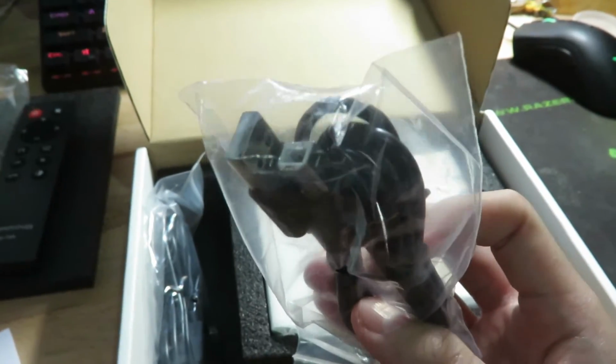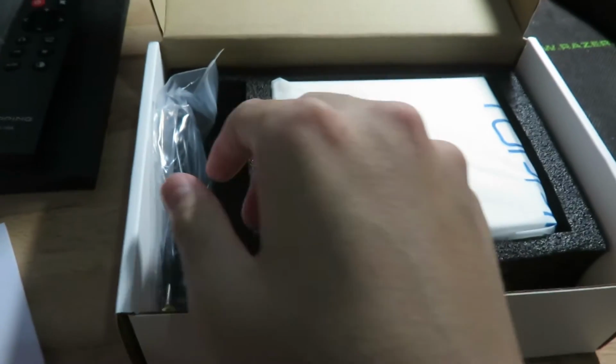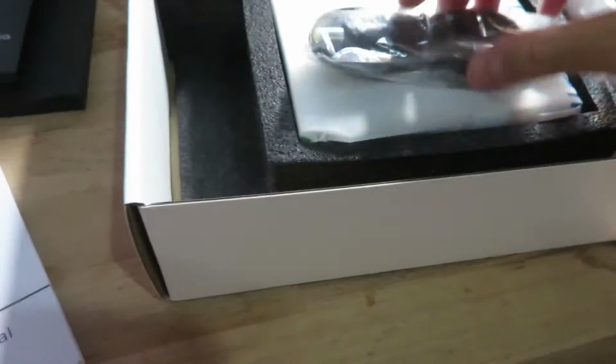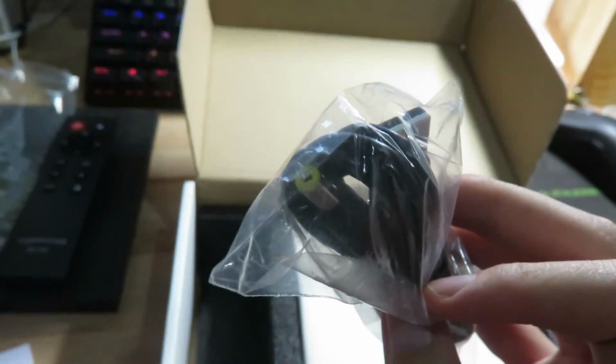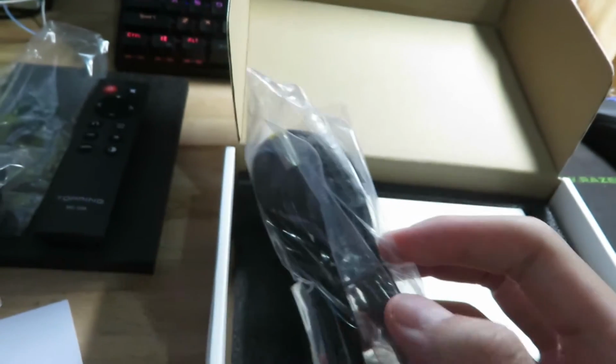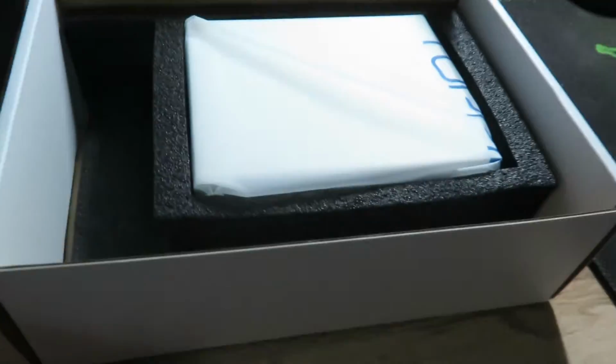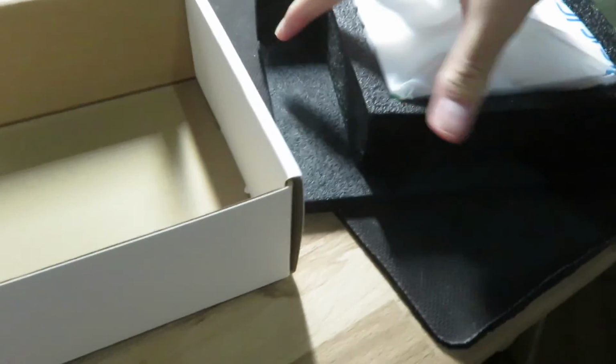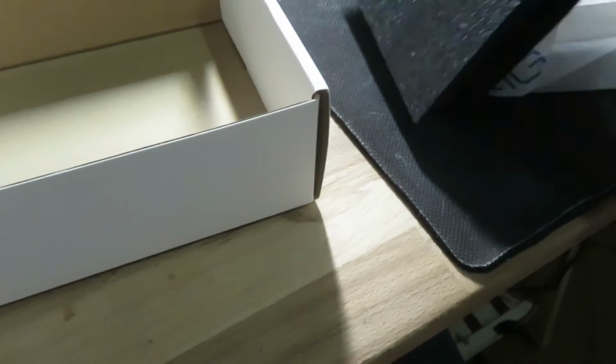There's a USB input connecting cable to connect it to your computer so you can play audio. This is the USB to power, because power and audio data transmission are in separate, I don't know how to say this, inputs. And a block of foam for the E30,